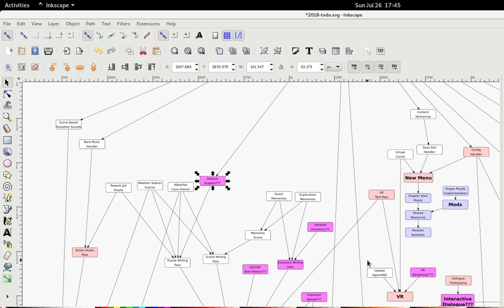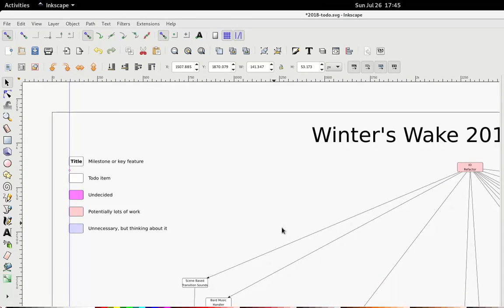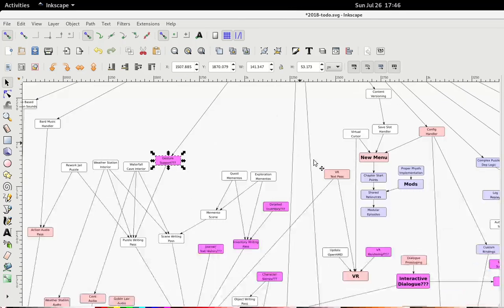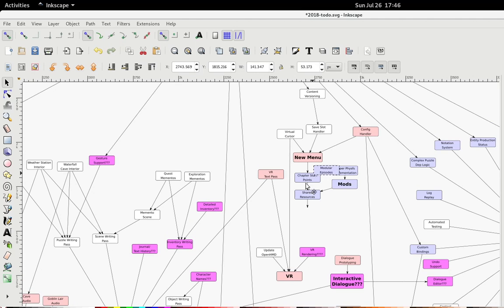But that's really minor and doesn't necessarily give us a lot of valuable stuff. Yeah, anything blue is also something that I'm willing to drop. Yeah, I'm kind of keen